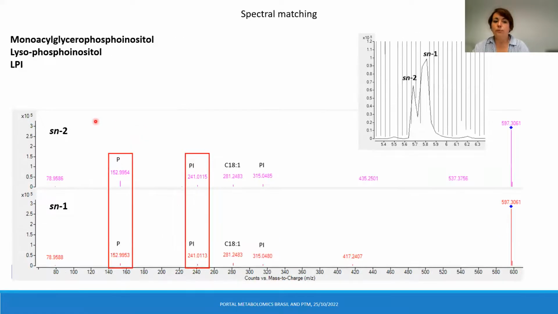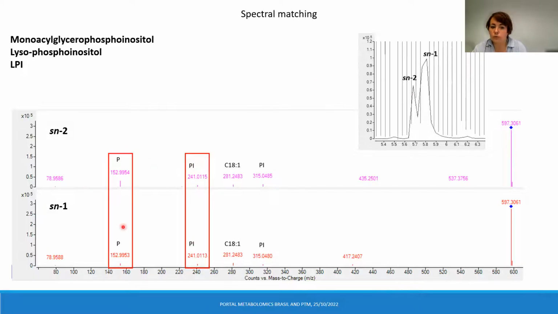Or I have another example from phosphoinositols, where if the fragment 153 is more abundant, then we have the SN2 isoform. If those two fragments are more or less comparable, and none of them dominates over the other, we can say rather that this is the SN1 form. And also in reverse phase chromatography, SN1 elutes after SN2. SN2 will always have a smaller retention time than SN1. So again, that's what we observe in the spectrum.